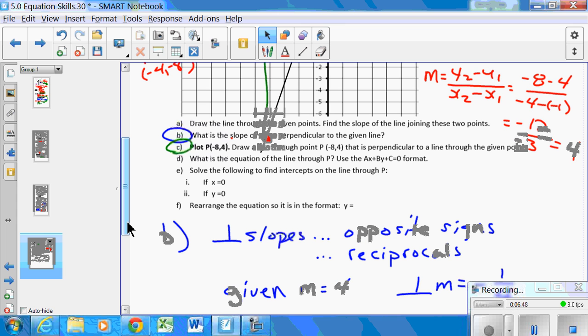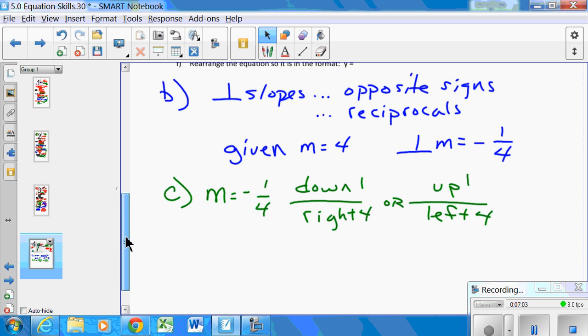So we've done A, the most important thing, you can find slope. We've done B, that's just a knowledge thing, what makes things perpendicular. And C now, again, a real important skill is that you know how to apply a slope and draw a line. For D,